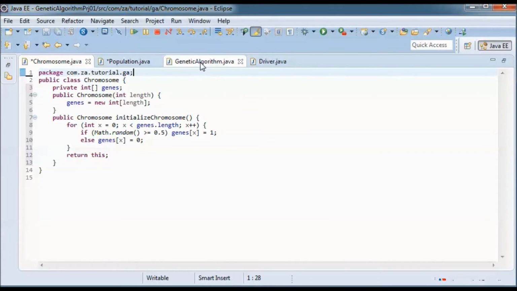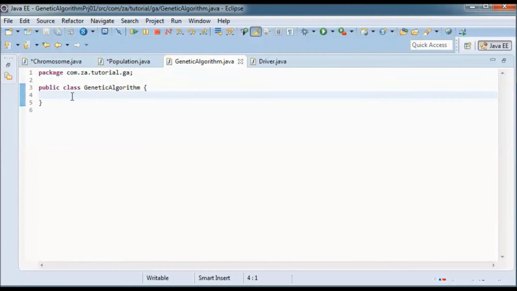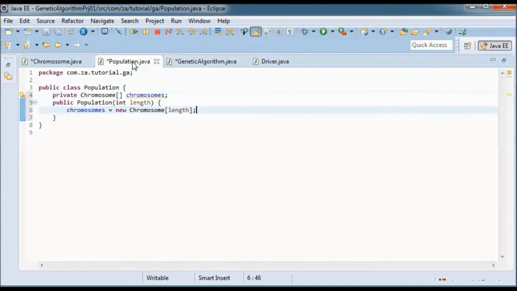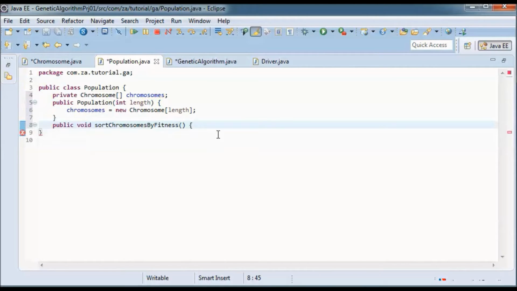And let me go to the genetic algorithm and define this public static final int array, the target chromosome representing the solution, and going back to population, we define this sort chromosome by fitness method that I will be coding shortly.